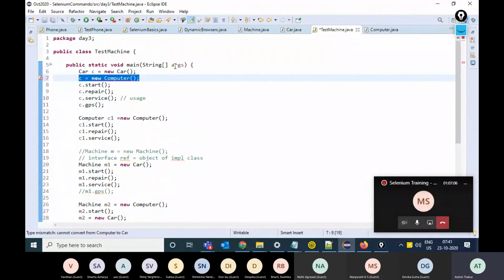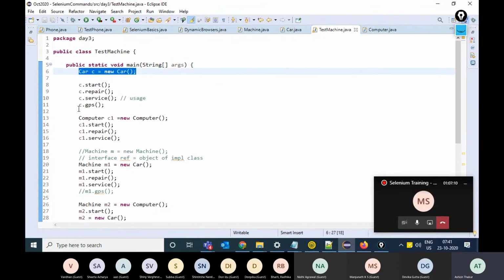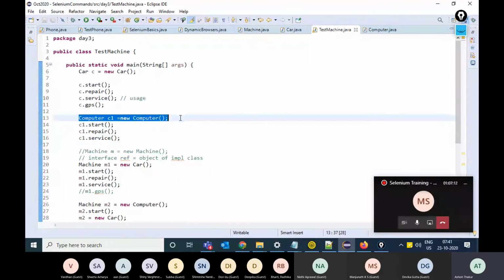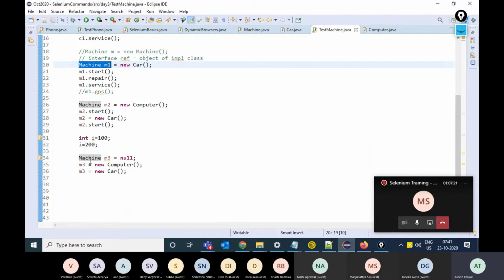However, we can create individual objects of cars and computers like this. But if we create the object of the car with the reference of the interface, then I can move this reference dynamically from one to another.